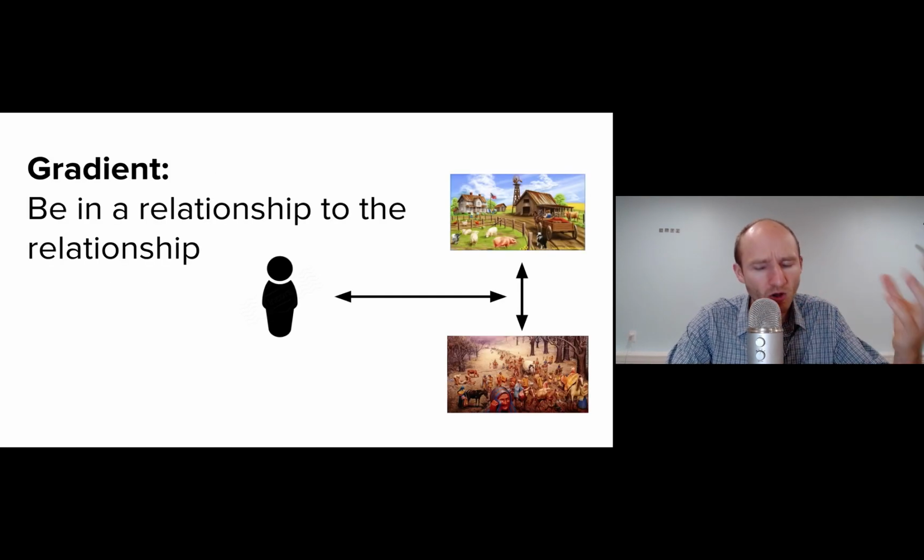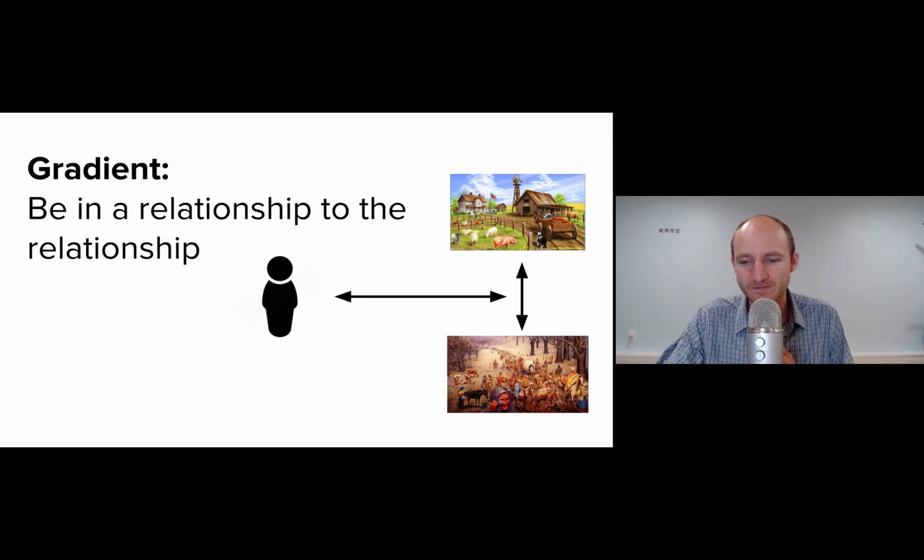And what all of this is about, and what gradients are about, is being in a relationship to the relationship. There is a real reality with developing and exploiting the frontier. And there's truth to the developing and there's truth to the exploiting. And that relationship between developing and exploiting, we should just be in relationship to that. And so the slash and the gradient perspective is a way to be in relationship with this kind of a